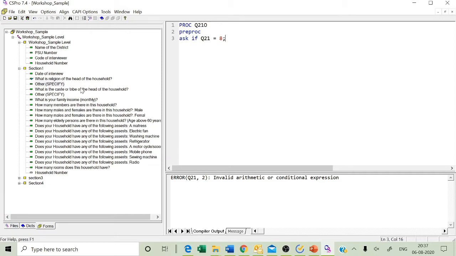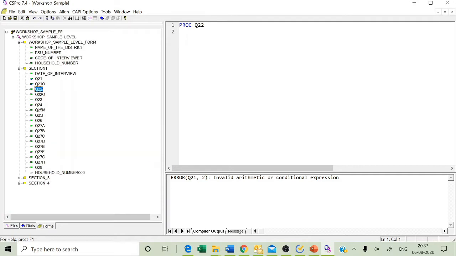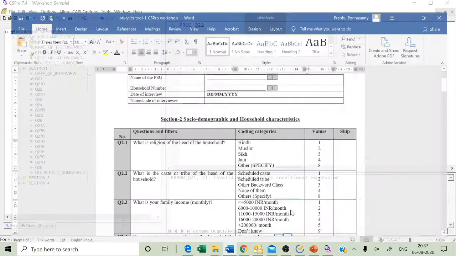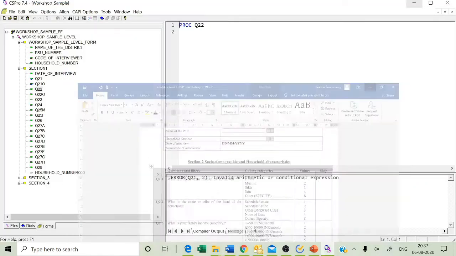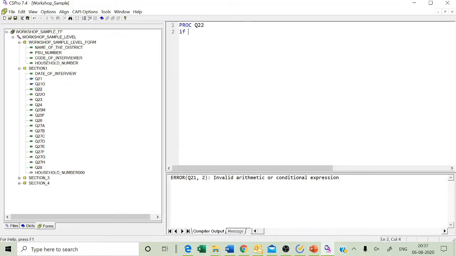Moving to the next variable, if you look at q22, q22 also has an other option, 8. So I am going to give a skip pattern. What I am going to do is, if dollar, then, the other way also you can do it. If dollar less than 8, then